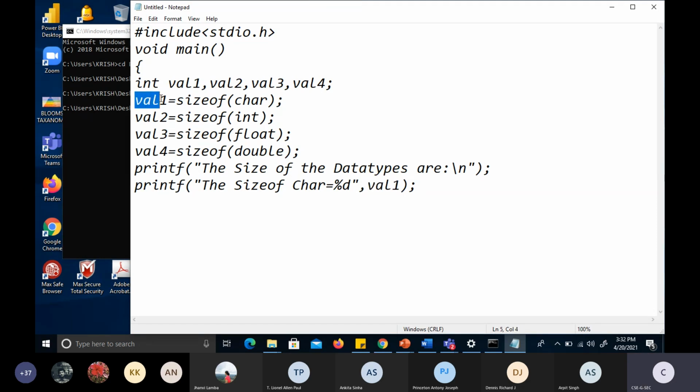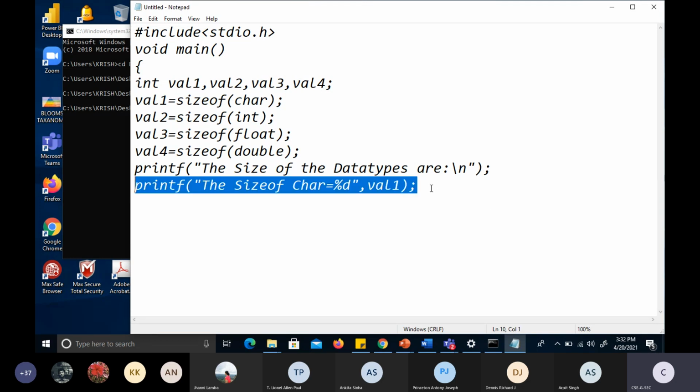Previously we computed in this location, that same value will be taken, and then that value will get embedded in this location. So the size of char is equal to, up to that you will come as such. In the place of %d, we will get the value of what we previously calculated by calling this function sizeof.